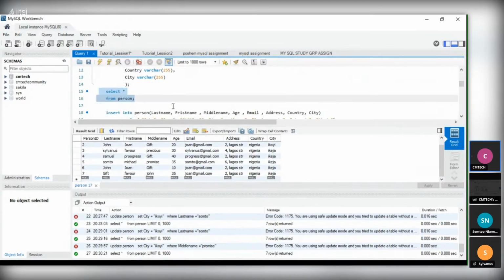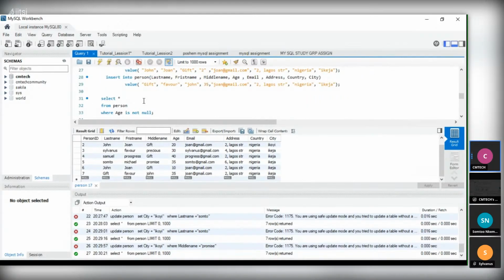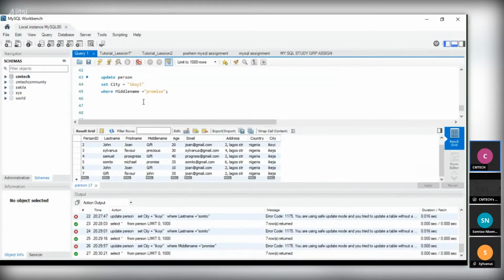Now we want to set equal here, right? Now let's see if we can use age, where age is equal to 35. Do you understand what I want to do now? Yes. Age is equal to 35, and let's run it.